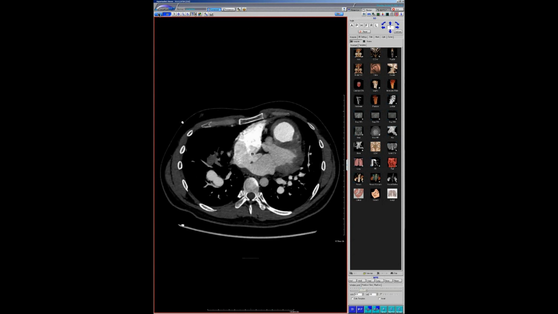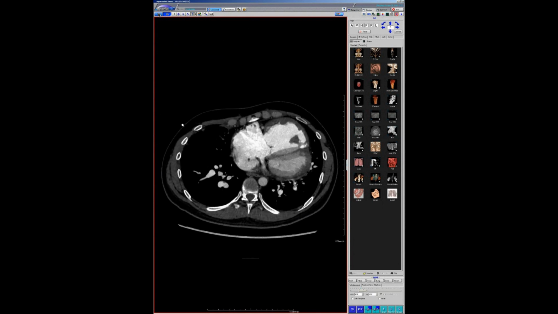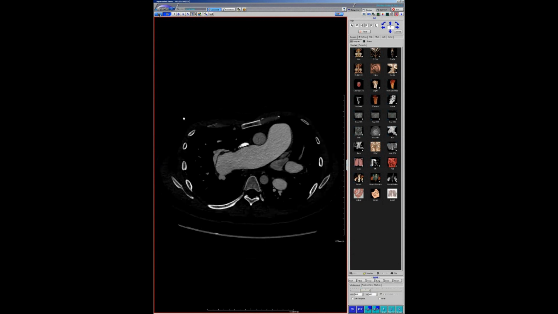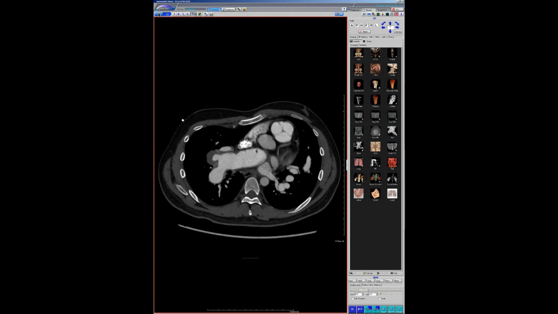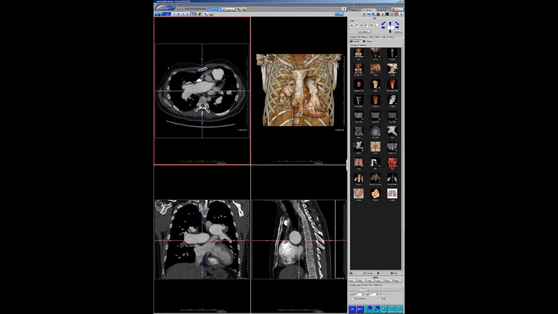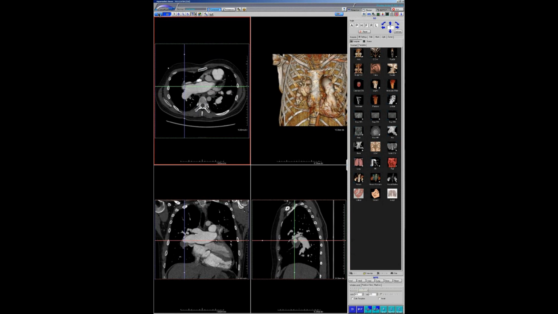So the LAD has got a severe lesion here, another severe lesion, and another pretty severe lesion right here. Additionally, there was a tight lesion in the diagonal branch. And the other thing I noticed was that